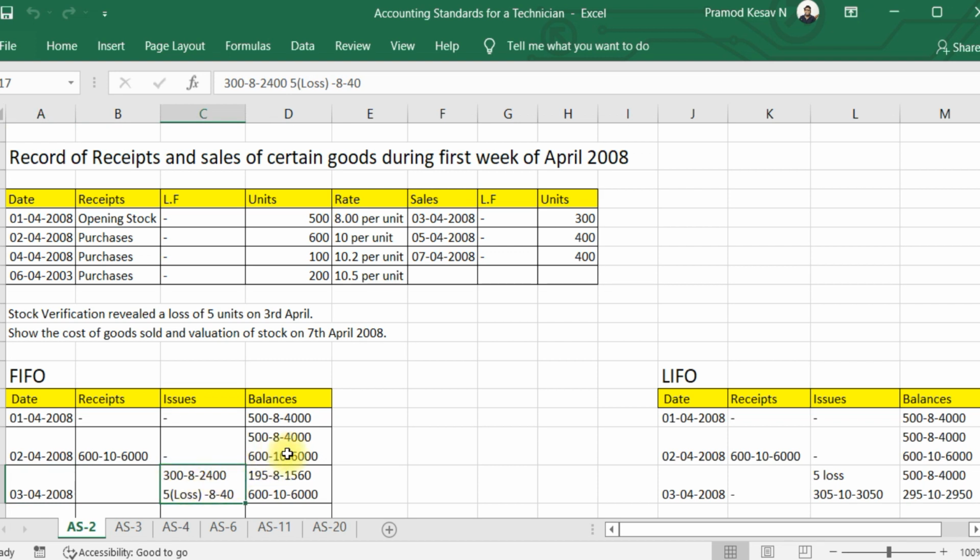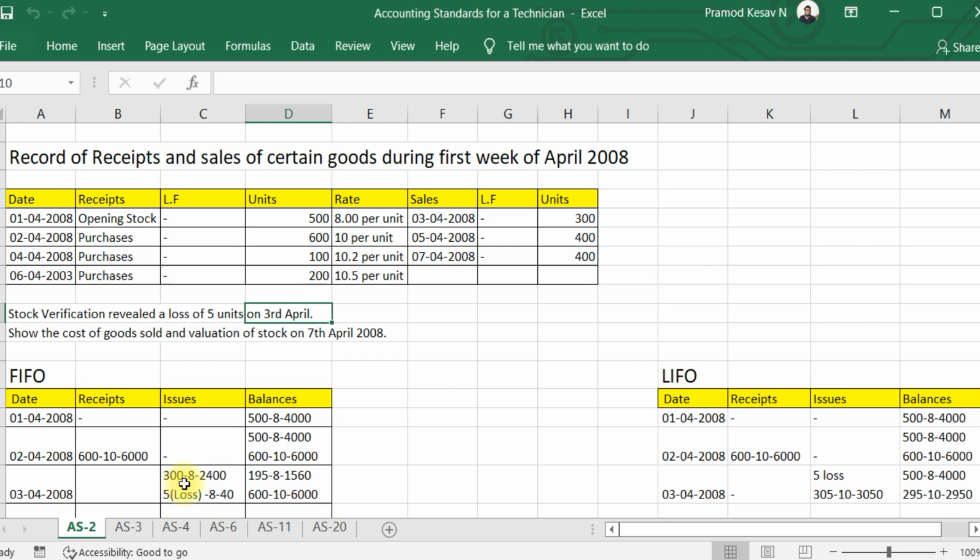Now in first in first out, we have 500 units as well as 600 units. So which of these batches will we take first? That is the question. In first in first out, the first unit will be taken. So from the batch of 500, we will be deducting this 300. And then there are also 5 units which are verified as a loss on 3rd of April. So on the issue side, there is an item 5 loss and then there are 300 units